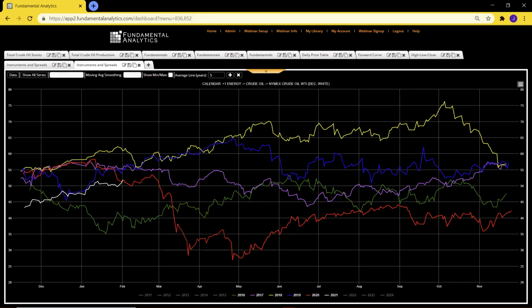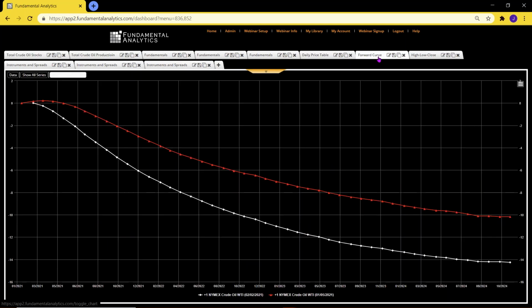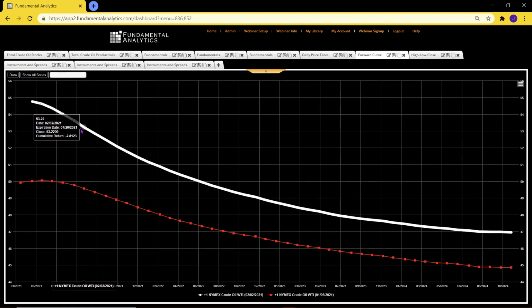What is often looked at in these is calendar spreads between contracts. The reason for that is that if we go to the forward curve, and I'll go back to the prices, the spread between the calendar months is basically the steepness of the curve. If you want to trade relative to how the curve moves, rather than being concerned about individual prices, you do these calendar spreads.